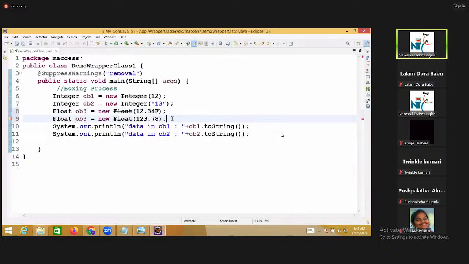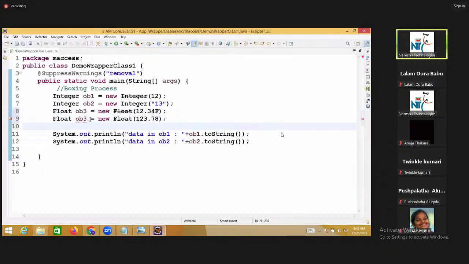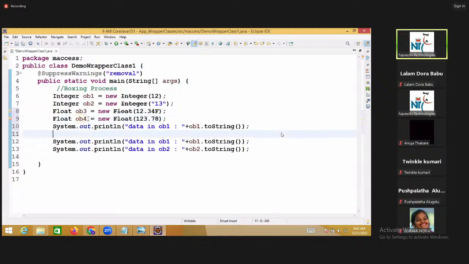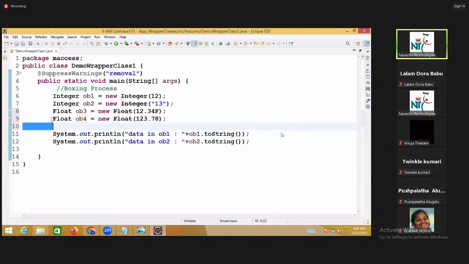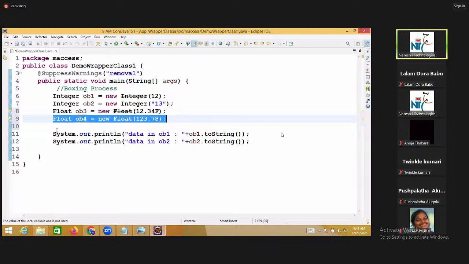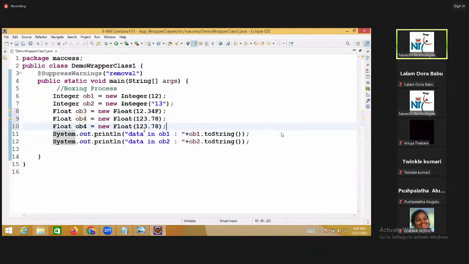So I can take one more here. Now ob5, I'll take Float here, double quotes 11.45f, that is float.